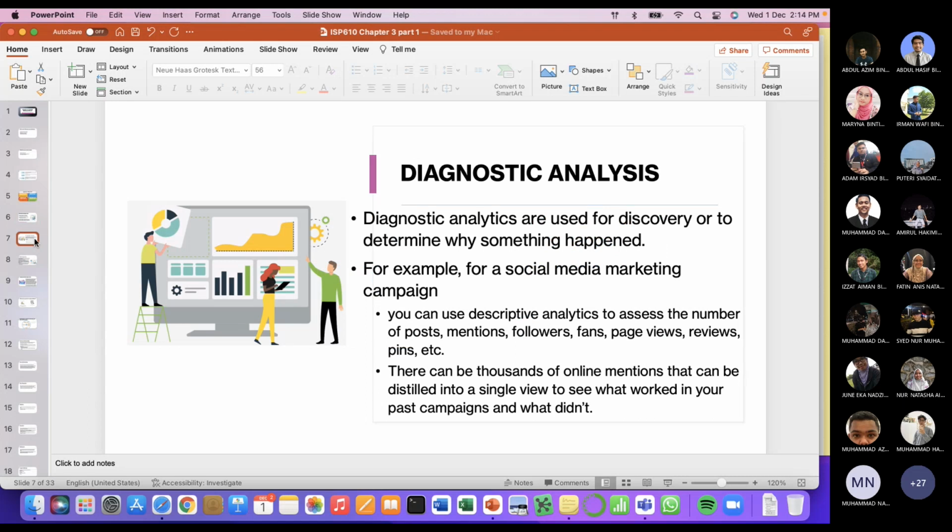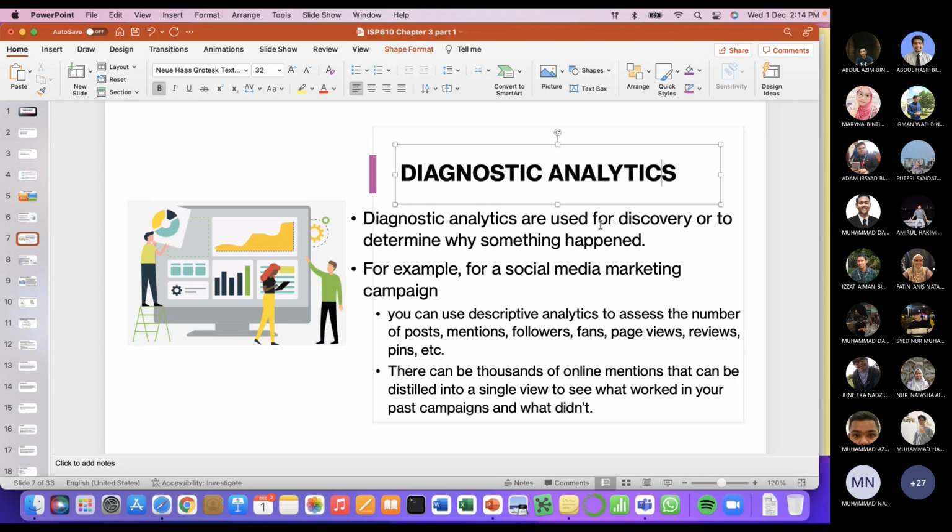Next, we will see diagnostic analytics. Okay, analytics bukan analysis, sorry, typo. Okay, this is used for discovery or to determine why something happened, meaning that when we investigate and try to understand the data, we can see the pattern. Based on the pattern, we try to investigate why the data behaves like that. Okay, so for example here, for a social media marketing campaign, we can use the information